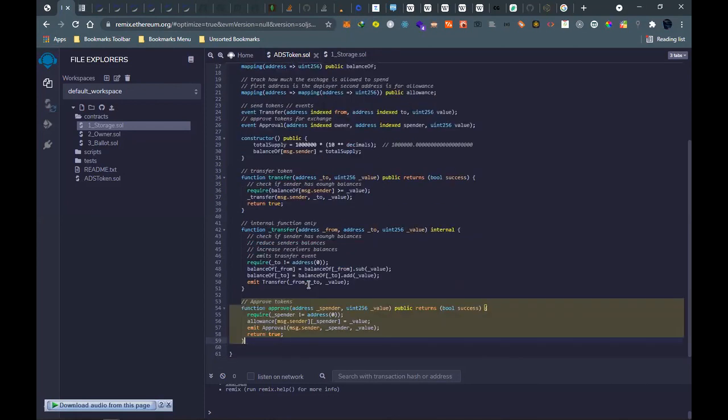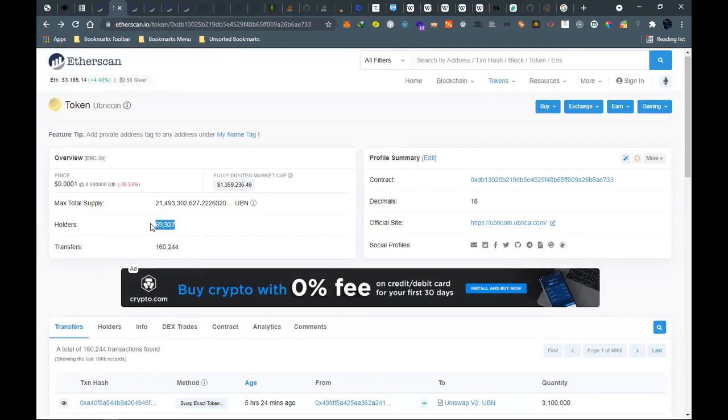Then the last, we will have the holders as the mapping of the addresses. Any wallet that has a balance of UPN will be displayed here. If you don't have a balance for UPN, then it won't be displayed here because you don't hold any. It would be bad if we displayed a wallet that does not hold any UPNs here. We will see that in a minute.